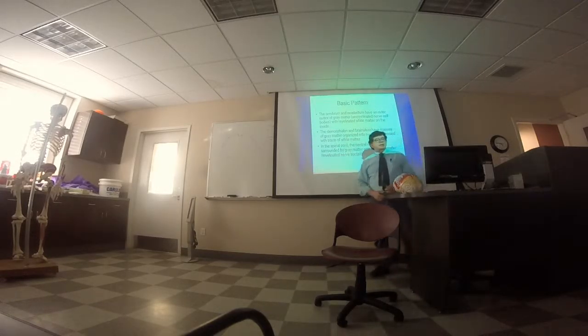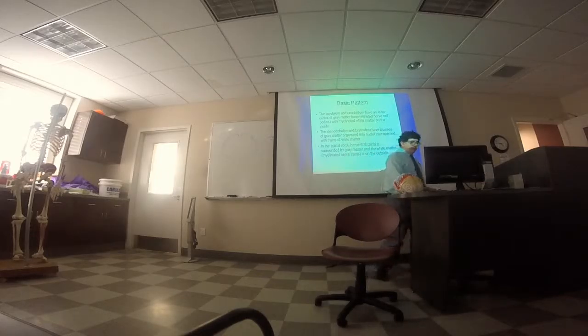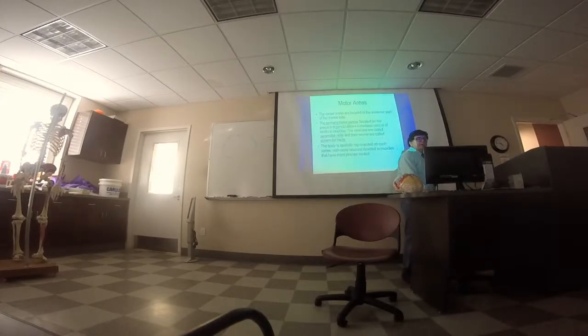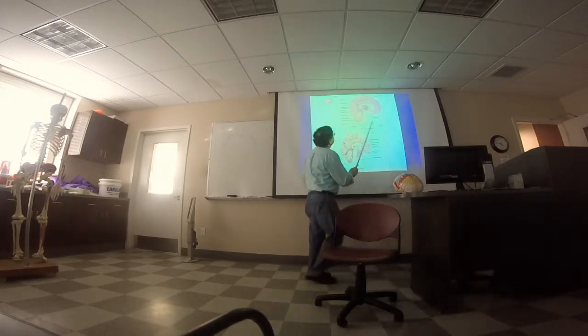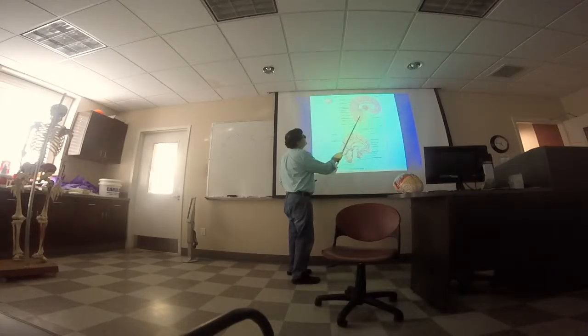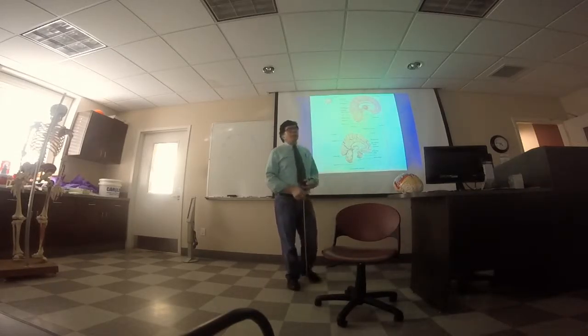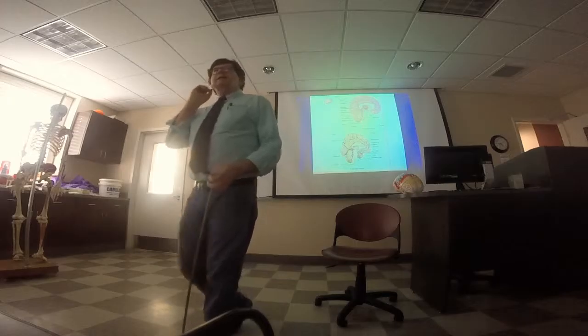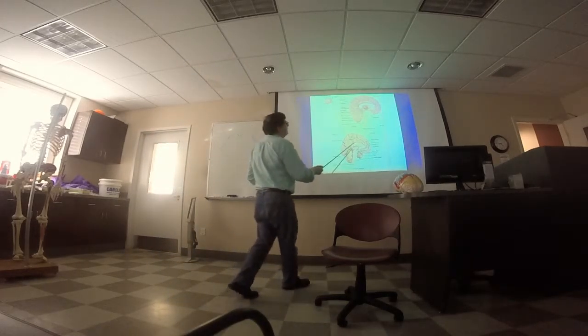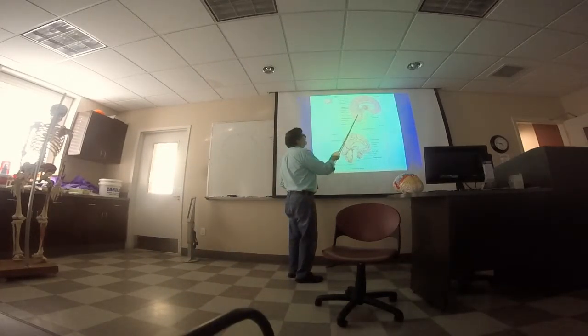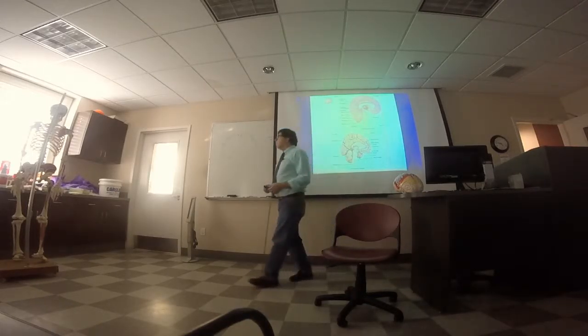In a very like fashion, the cerebellum has gray matter on the outside and white matter deep to it. So it has a similar pattern. Let's see if I can find it. Cerebellum. Okay, here's the cerebellum. You see how the white matter is on the inside. In fact, the white matter on the inside of the cerebellum takes the form of a branching tree. And so we call this region of white matter the arbor vitae,